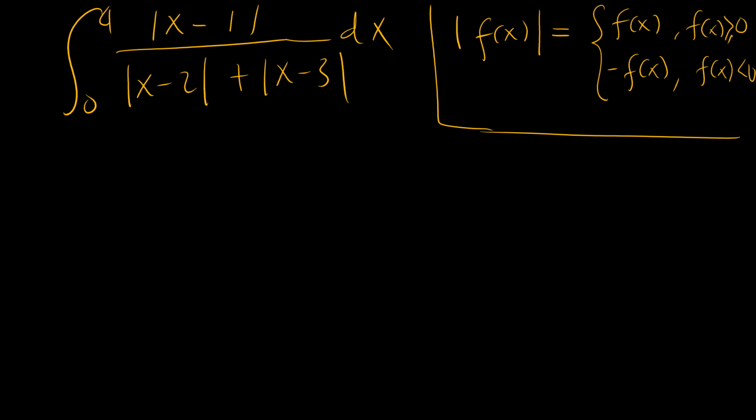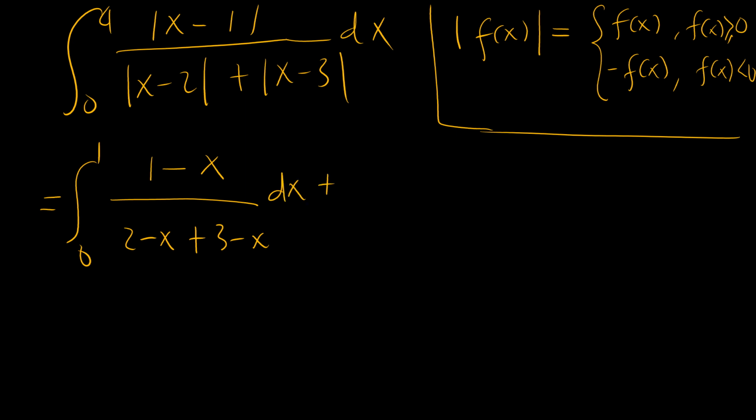And so that means we have to split our integral into phases, because between 0 and 1, x minus 1, x minus 2, x minus 3, they're all negative. So what we do in this domain, we flip it. Negative of x minus 1 is 1 minus x. Negative of x minus 2 is 2 minus x. Negative of x minus 3 is 3 minus x. Plus, from 1 to 2,